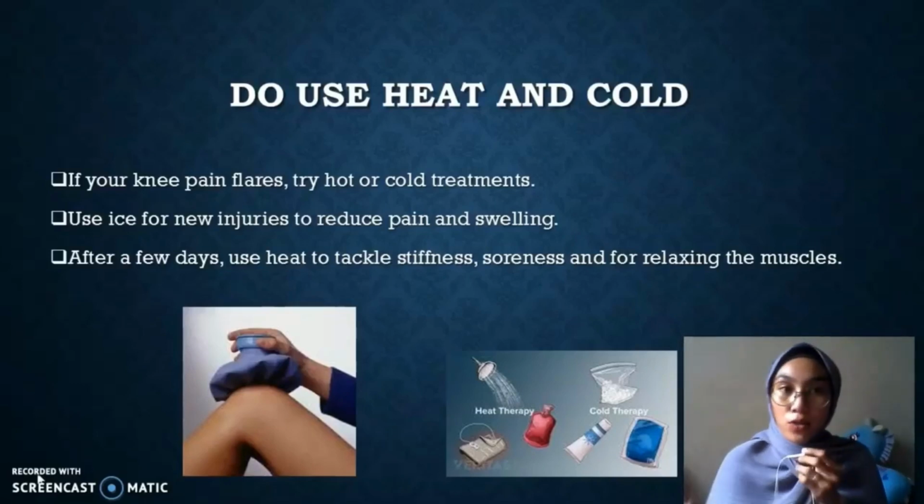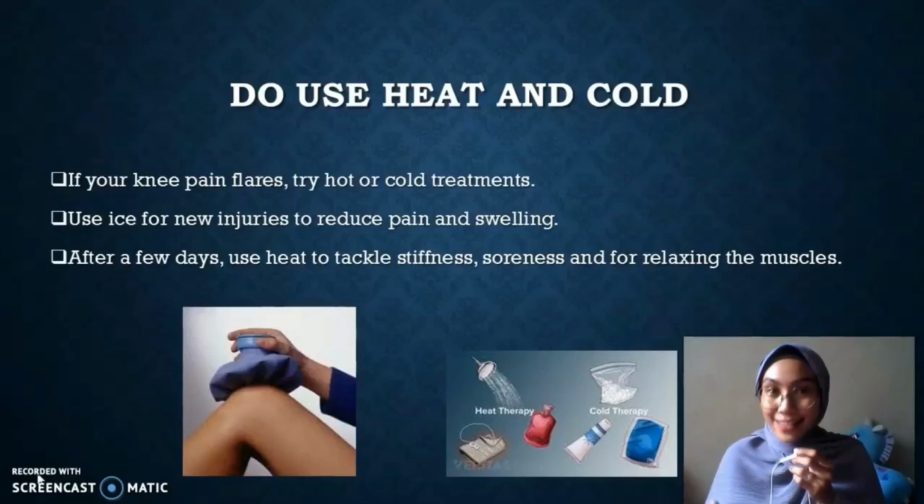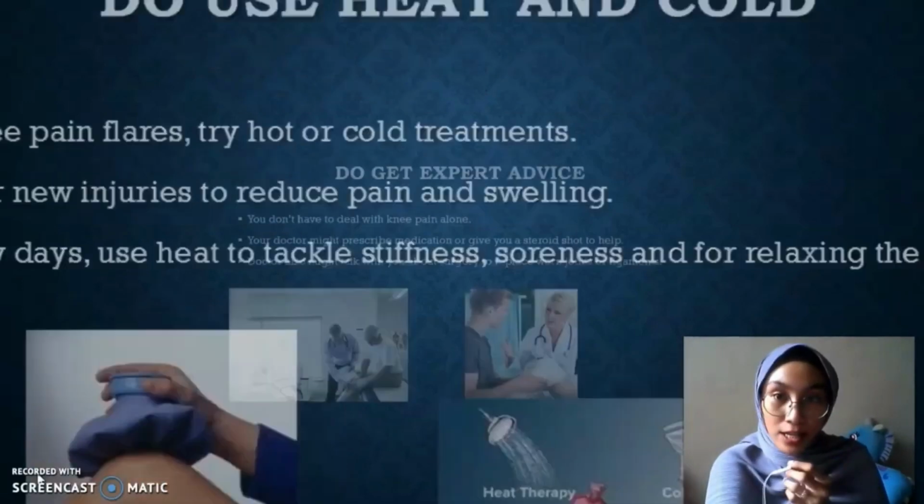If your knee feels hot, use ice to dull the pain and reduce bleeding. The benefit of ice for knee pain is that ice is good for fresh injuries. It provides relief against inflammation. So next,